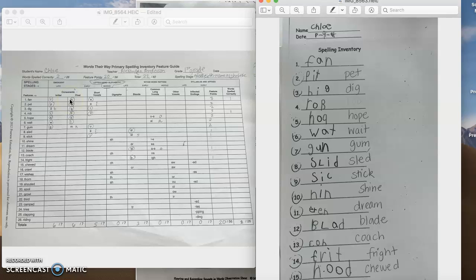In the feature guide, I looked at every single word and went across the row to circle what Chloe got right and the parts of the word that she understood and knew how to spell. For parts of the word that she did not write or did not spell right, I simply did not circle it. When Chloe knew how to correctly spell a word, all of the parts of the word were circled. For the parts of the word she did not know, the parts were not circled, and she did not receive